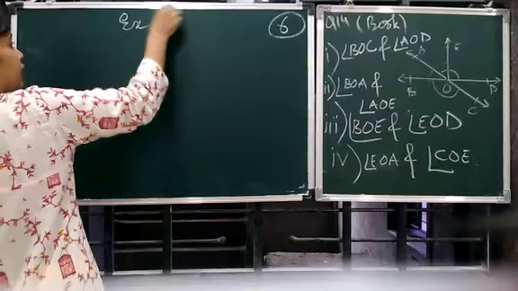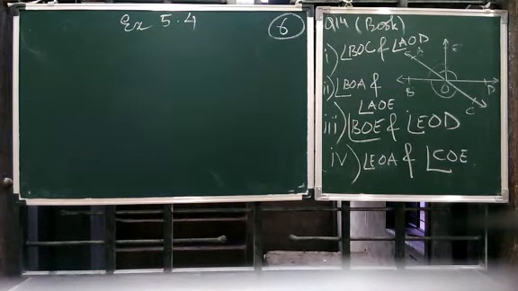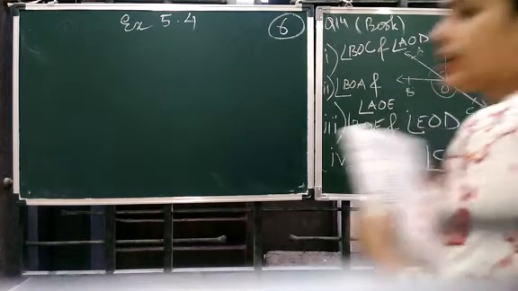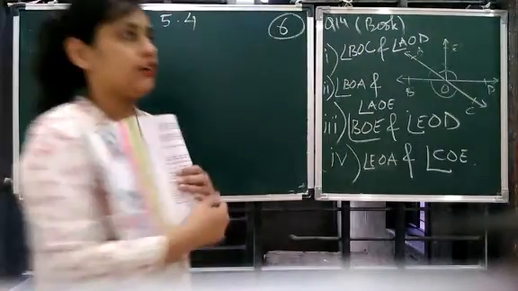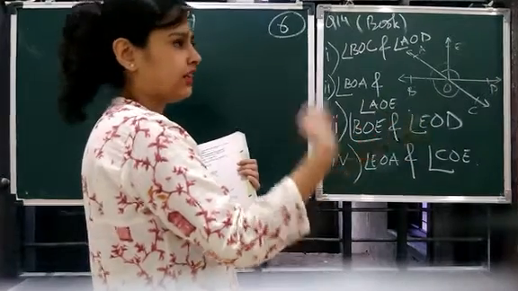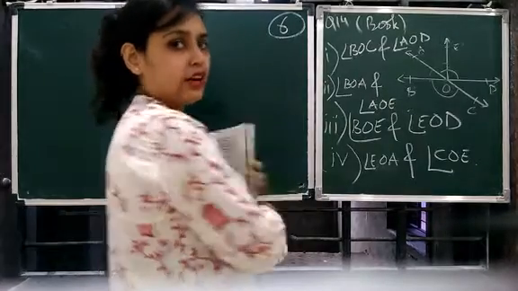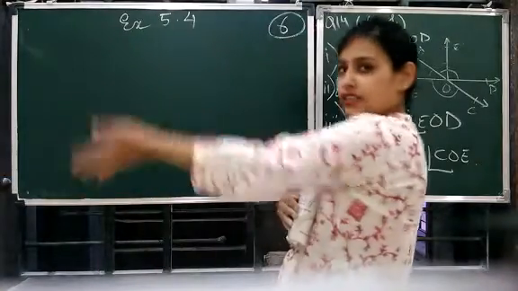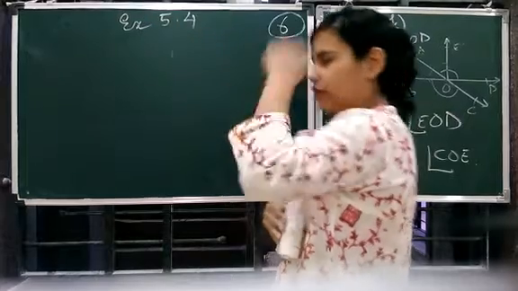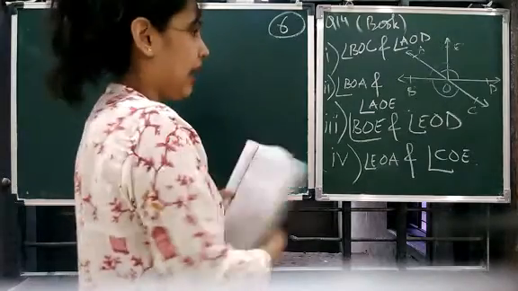So let's start. You have to start with exercise 5.4, right? 5.3 we had done, and we had done how to measure the angle using a protractor and how to make the angle using a protractor. Once again, if we are making right hand side, then we use the right measurement, that is the inner scale, okay? And if we are measuring left side, then we use the left scale, that is the outer scale. Got it? So, and how we measure? Just like how we measure a line, we measure the angle and we make the angle.